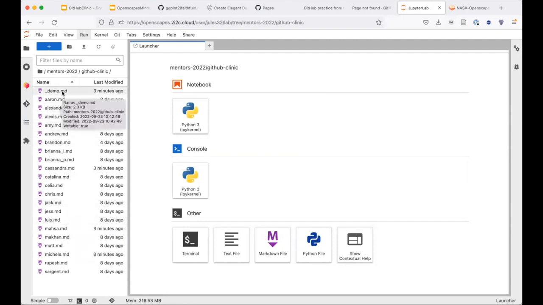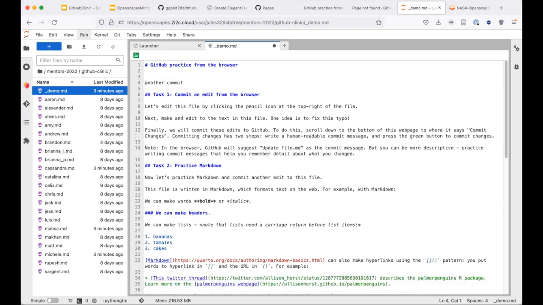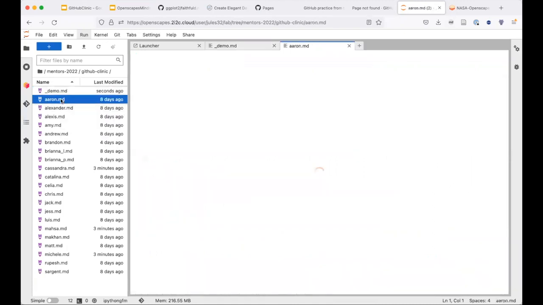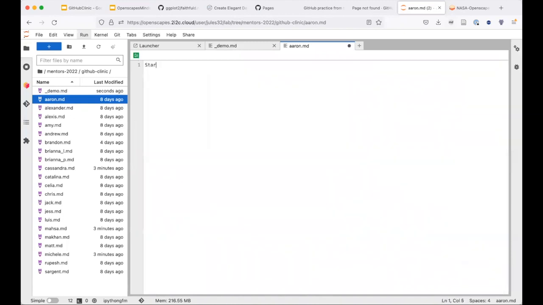To edit files in JupyterHub, I can click these. I'm going to go ahead and delete a few things and make an edit. And something I'm going to do too is edit errands too, just to demonstrate. So if I open errands, let's say I want to delete everything and start afresh here. So I've been able to edit 2 different files here,